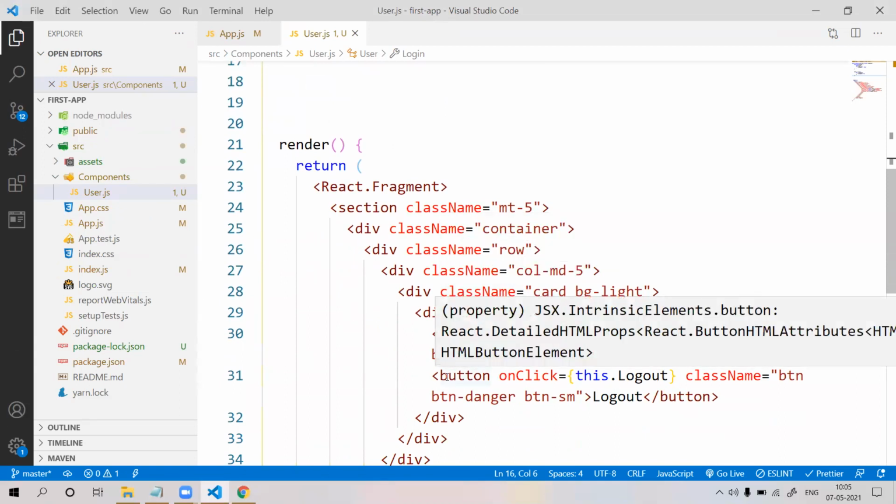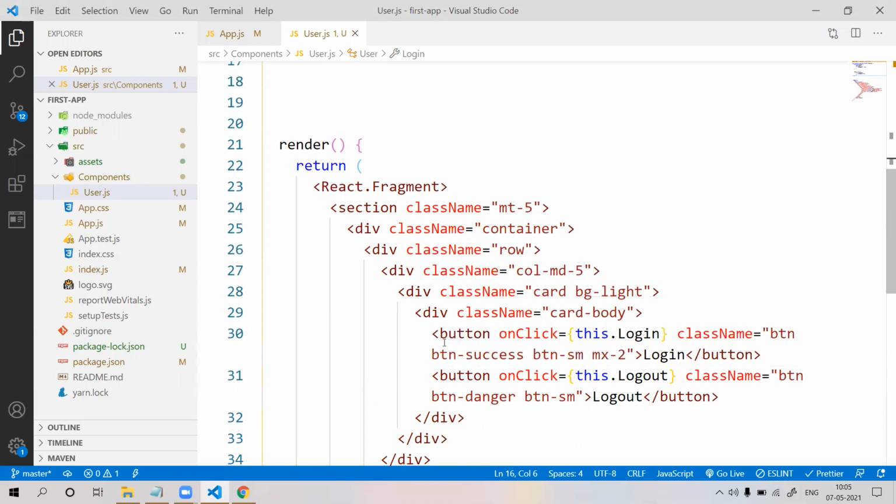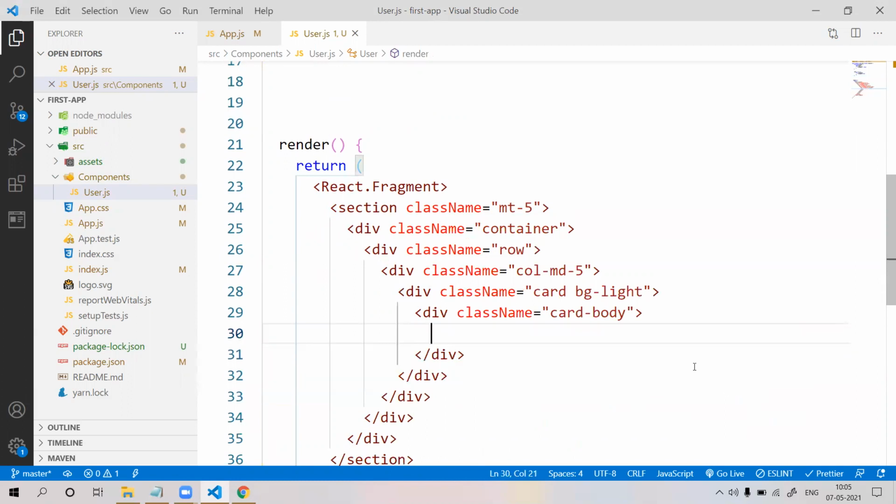How to make a condition in React.js? Cut this button, okay, cut this button and start.